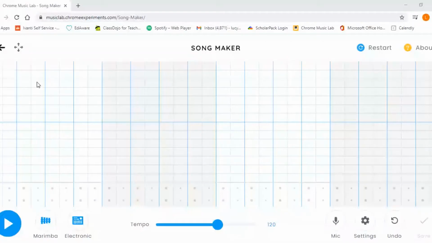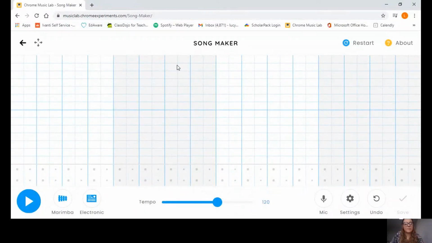Okay, so I'm looking at my home learning sheet here, and I see that it says click here for Chrome Music Lab. So I've clicked on that link, and I'm going to show you what website comes up. It is here. You will be looking at a screen that looks a little bit like this. It's going to be completely blank, and to make music, all I have to do is click on the squares. I could fill every square, but it's not going to sound very nice. Ooh, sounds horrible. So it actually ends up being better if you only click 1 or 2 squares every time.